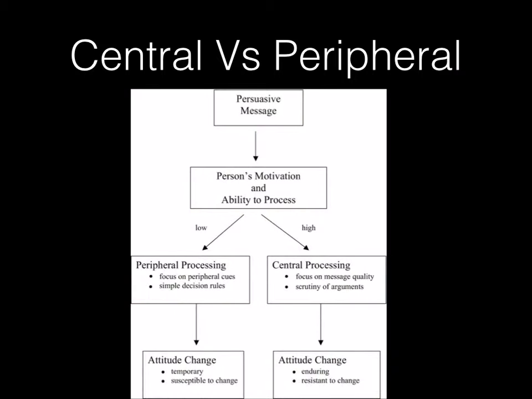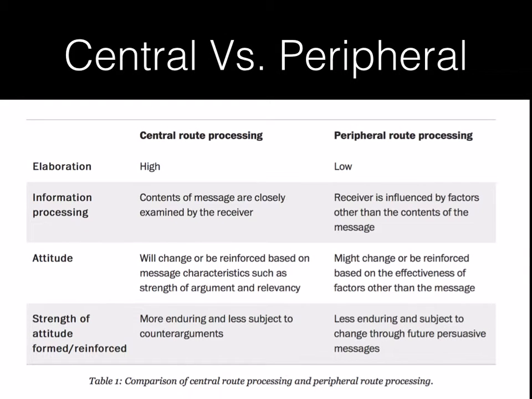So if the individual is following the peripheral route, his opinion will probably be temporary. He's going to be susceptible to counter arguments. However, if he followed the central processing and made sure that he is basing his opinion on fact and on quality, then the attitude will be more progressive, perpetuant. Now this table also summarizes the graph we just saw and discusses the differences between central and peripheral routes.